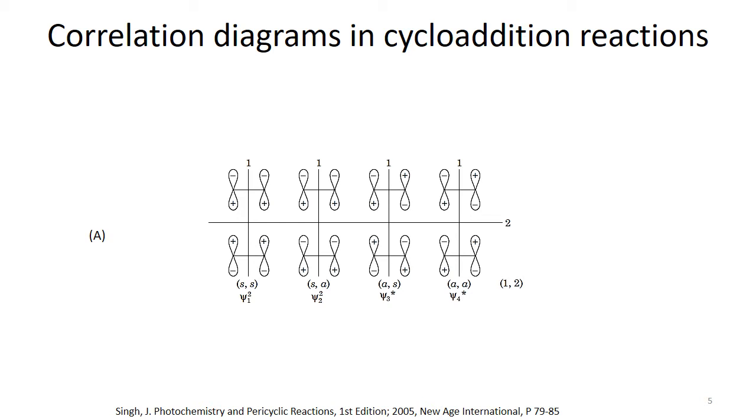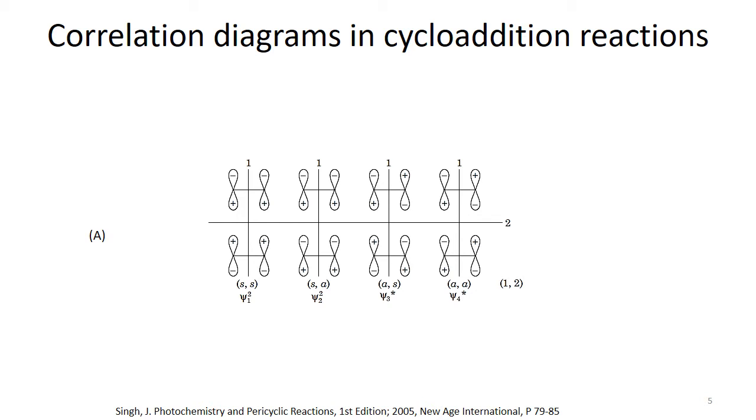So first we are going to consider pi 1 for the psi 1 square of this ethylene molecule interaction. Why have we written psi 1 square here? Because this is not the molecular orbital of one ethylene molecule. We are considering a system where two ethylene molecules are interacting together, so we have written it as psi 1 square. We have two ethylene molecules interacting together through their pi 1 system. So the pi 1 system in this case can interact in two ways.